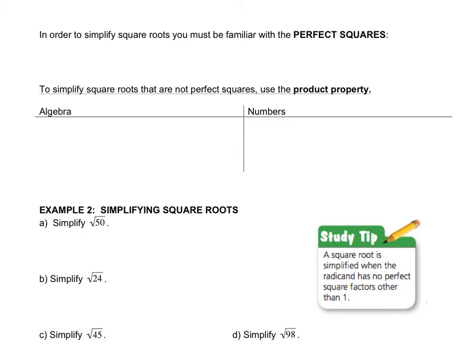So let's get a little bit of a list here for our perfect squares. Perfect squares basically means numbers that when I take the square root, I get a nice whole number integer. So the square root of 1, 4 gives me a 2, 9 is a perfect square because 3 is my answer when I take the square root, 16 gives me a 4, 25 gives me 5, 36 gives me 6,